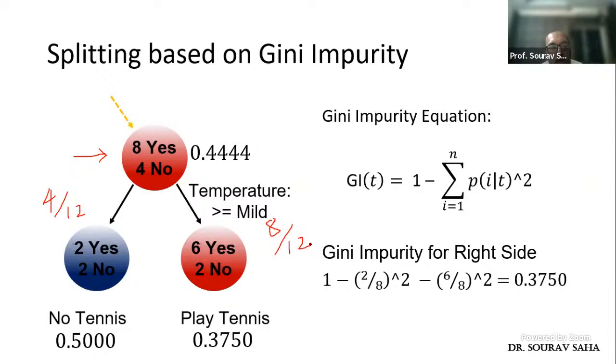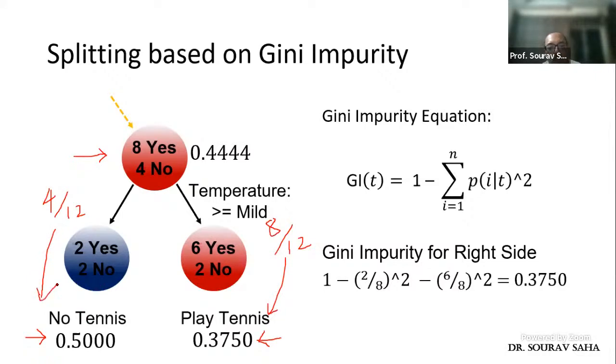The 4 by 12 have an impurity value of 0.5, and the 8 by 12 have an impurity value of 0.375. So the original impurity value, 0.44, minus 4 by 12 multiplied with this and 8 by 12 multiplied with this